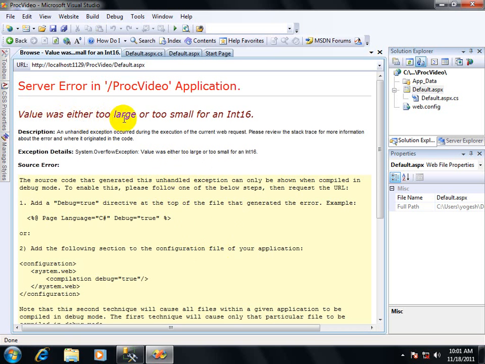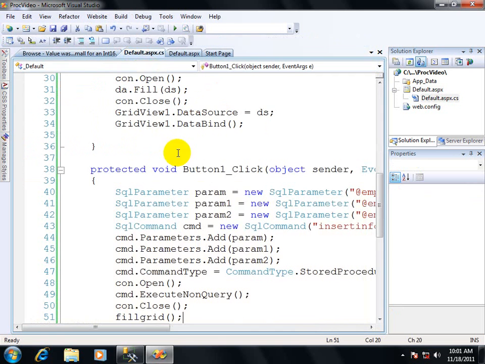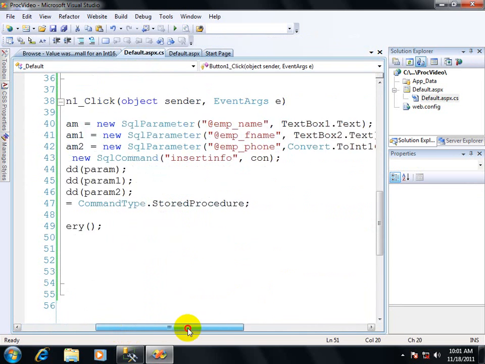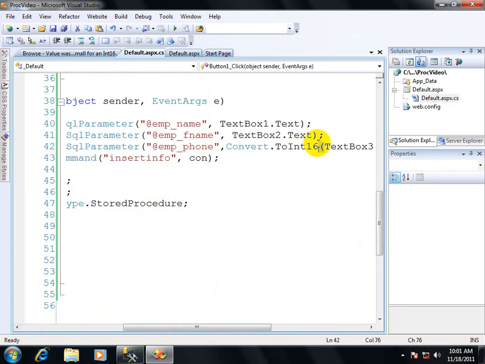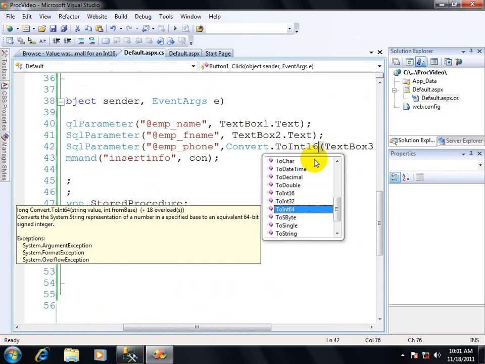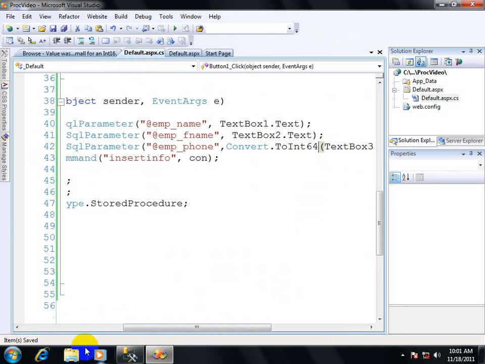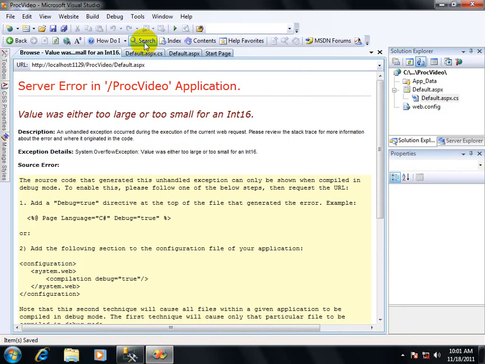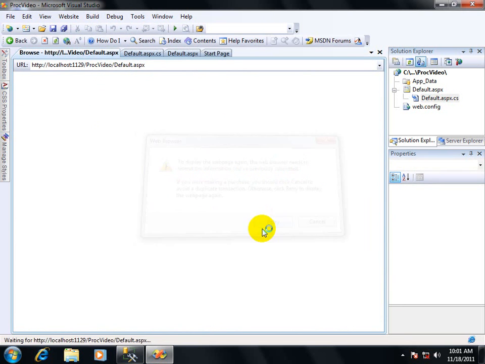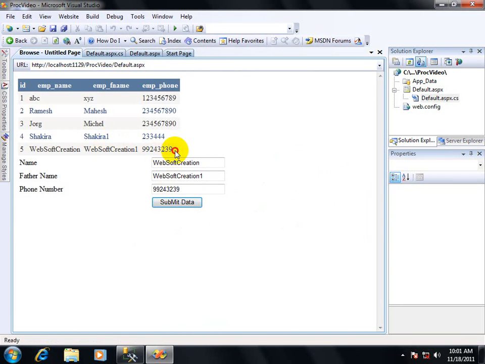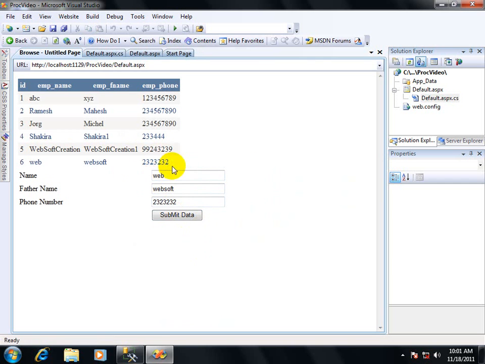Value was either too large or too small for Int16. Sorry, actually I am taking Int16. I have to change it to Int64. So refresh it, retry. So you are seeing the output. I'll write here web, father name Websoft, and some value and submit data. You are seeing the output.